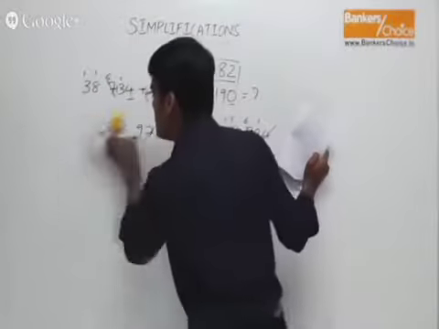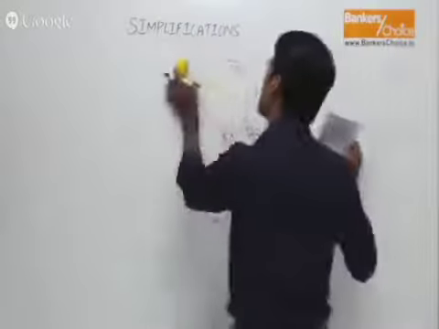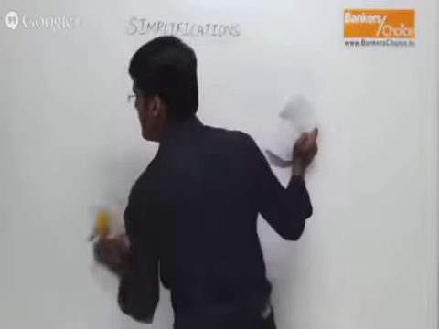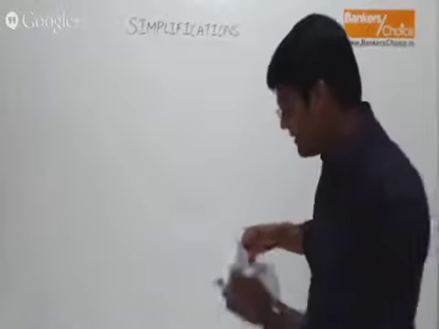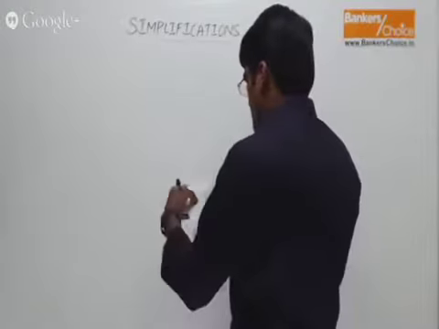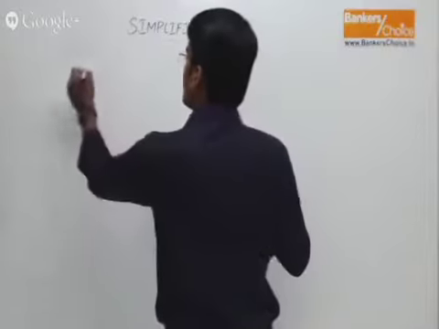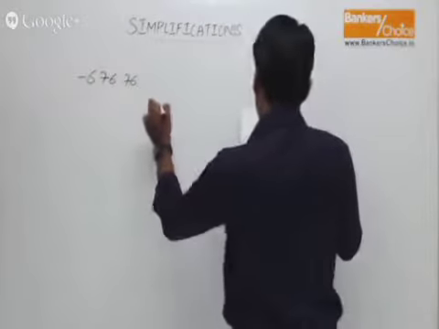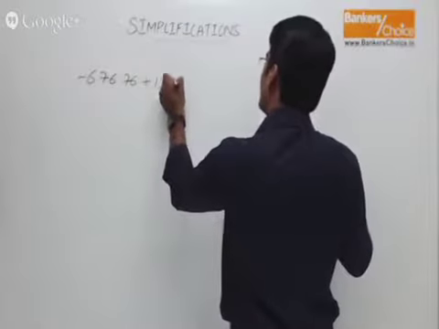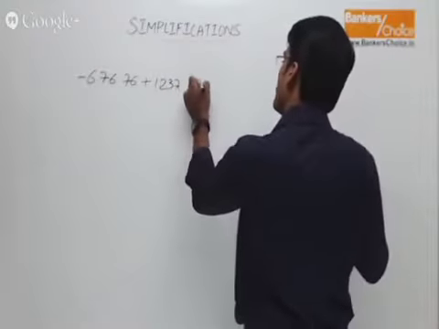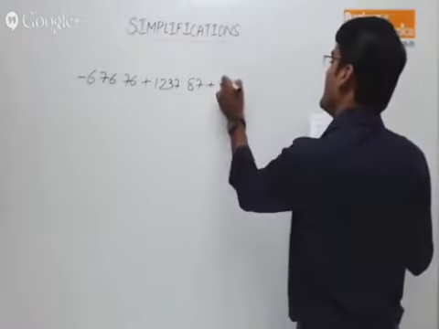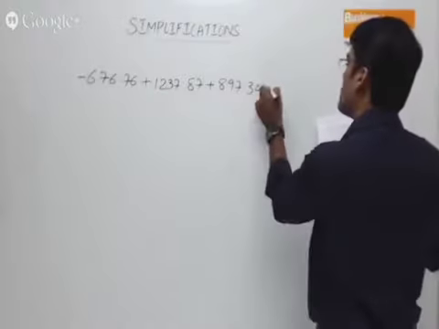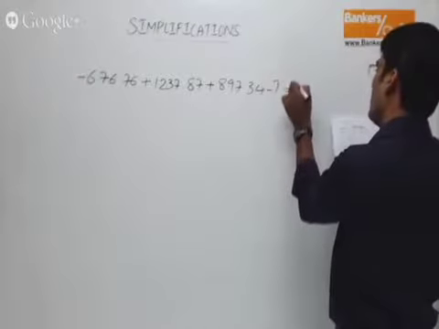I'll give you one more question from the workbook. Quickly solve that and then we'll take up the next one. Let's look at this. It is minus 676.76 plus 1237.87 plus 897.34 minus question mark should be equal to